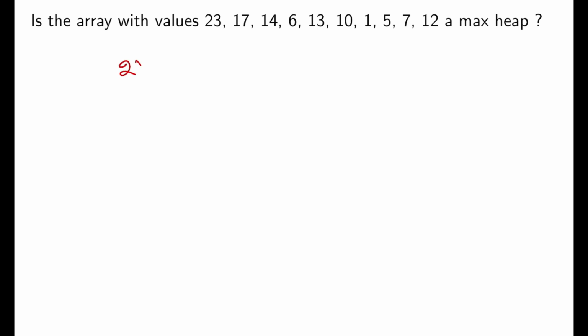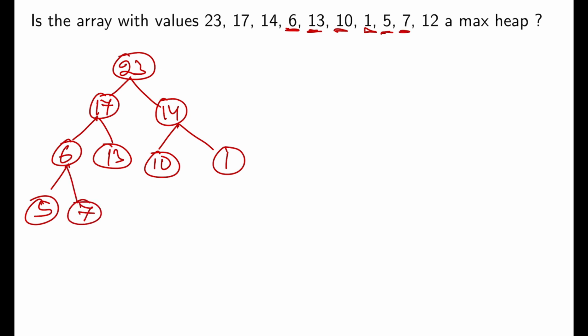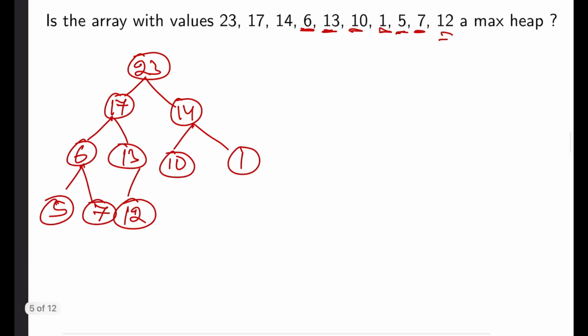If we convert, 23 will be the root, then left child is 17, right child is 14, then the next number is 6, so its left child is 6, then 13, then 10, then 1, then 5, then 7, then 12. Here you can see it is a complete binary tree because we are constructing the complete binary tree. Now we have to check whether the value of a parent is greater than